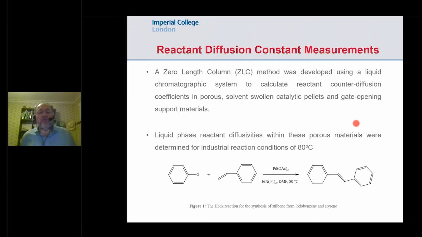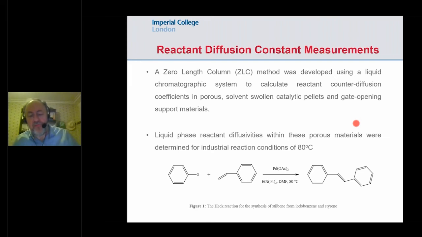And what we're looking to measure is the diffusion constants for these porous materials under industrial reaction conditions at about 80 degrees Celsius. So here is the actual reaction. It's a Heck reaction, a synthesis of stilbene from iodobenzene and styrene. It occurs in DMF at 80 degrees C, and there's actually a supported catalyst there, which has been